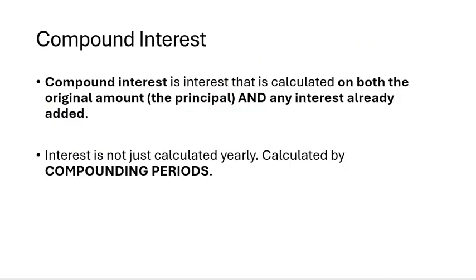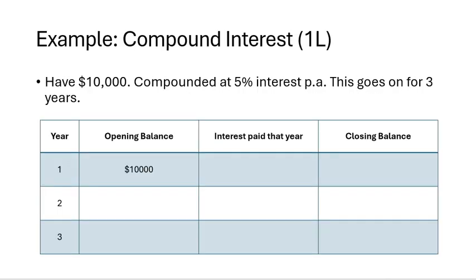Finally, you have compound interest. Okay. So it's interest that's calculated on both the original amount and any interest already added. You don't really go based off years. It's based off how many periods there are, like how many compounding periods. So if we have a look here,